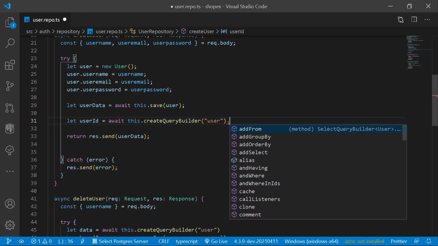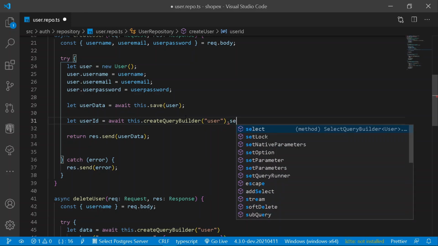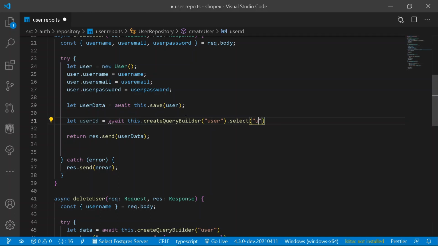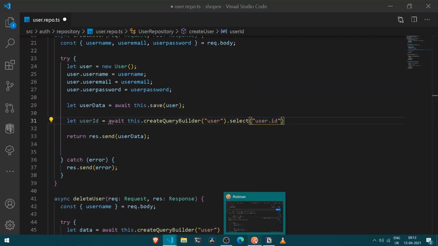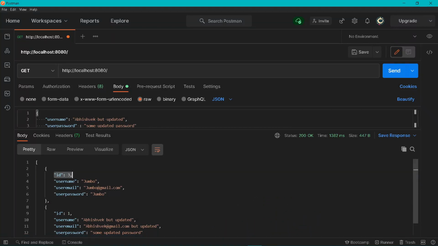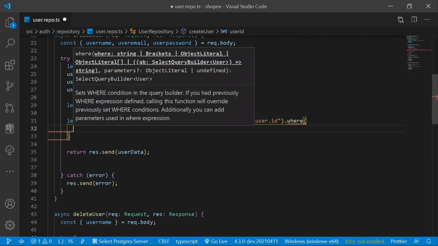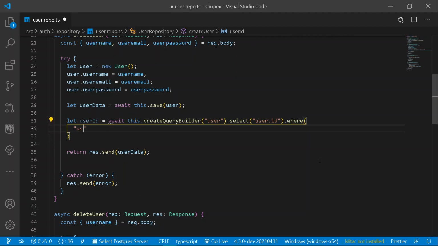So once we have gotten the following query under our user table, I will be selecting a particular user ID. So for that purpose, I should be writing here user.id, and the following ID is referring to the following ID of this side, which is 3, 1, and accordingly. So once we have got the following user ID, what I am going to be doing is add a where condition, that is a where phrase, and under my where phrase I will be adding here user.email should be equal to the user email that we have submitted so far.